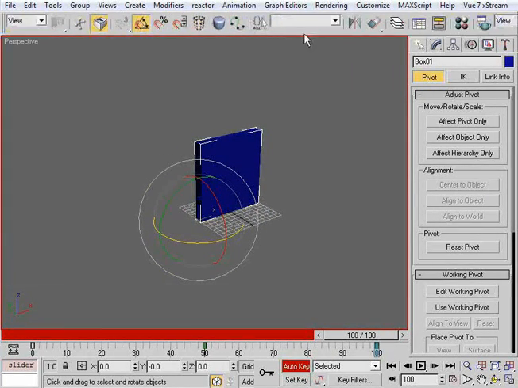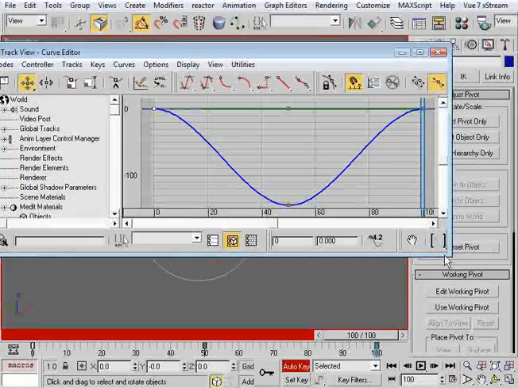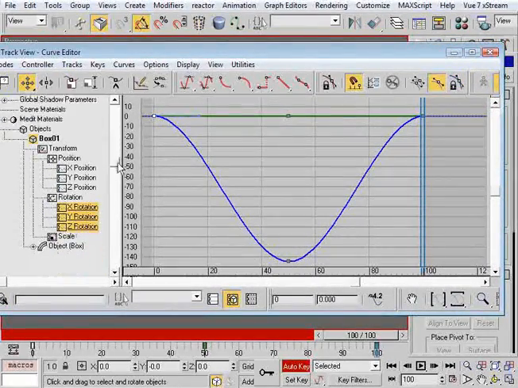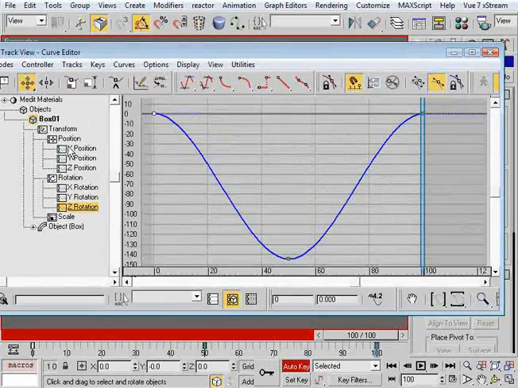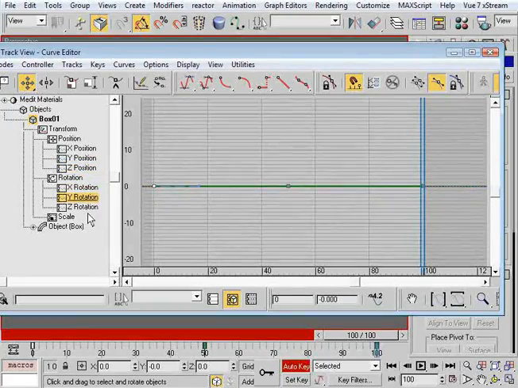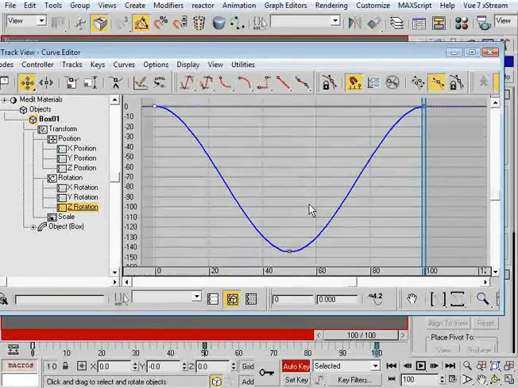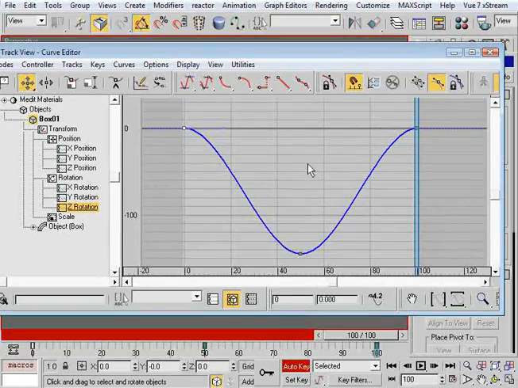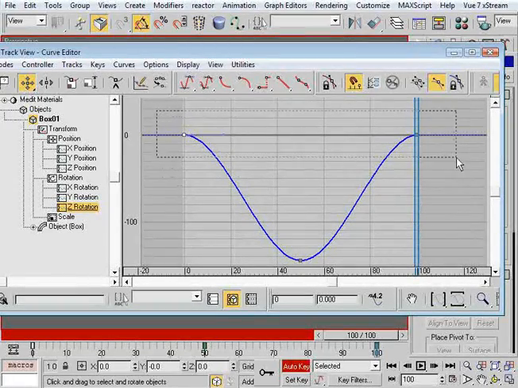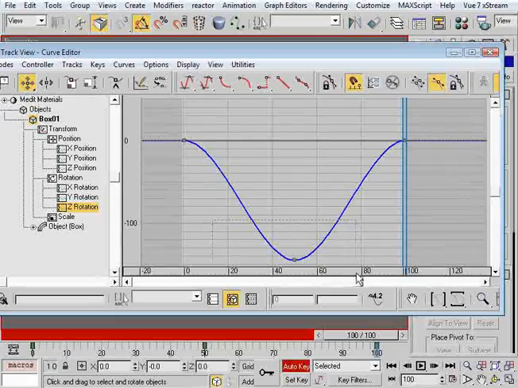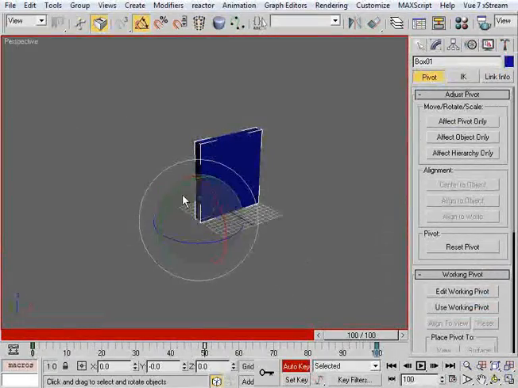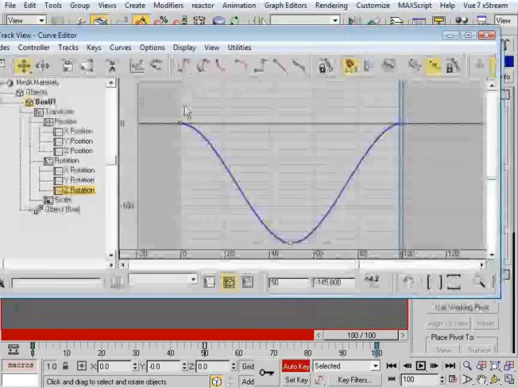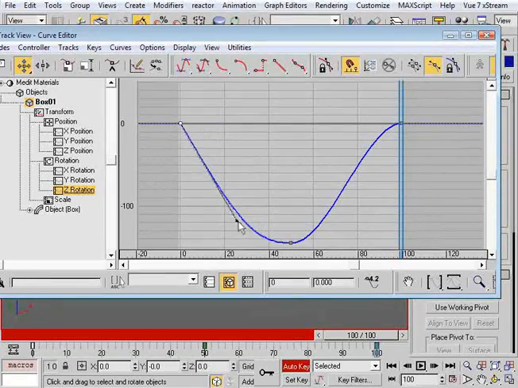So now, just by using our tangents, let's see what kind of effects we can get. Obviously our X rotation, we haven't done anything to positions, and obviously it's our Z rotation that's been manipulated. So we can do plenty of things here with these three simple keys. Let's say we wanted to have the door slam open really fast, and so we wanted to do something like that. We can just manipulate this guy,